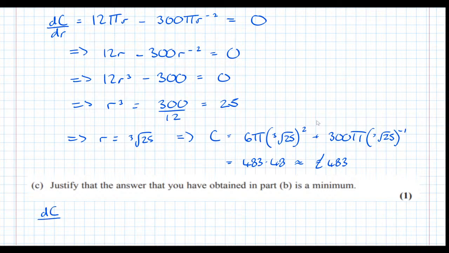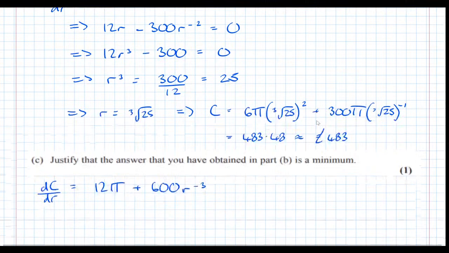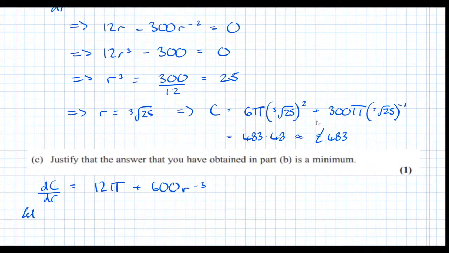Not many marks for that. dc by dr equals 12 pi plus 600 r to the minus 3. So let r equal the cube root of 25, which gives 12 pi